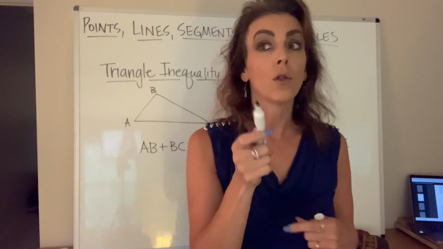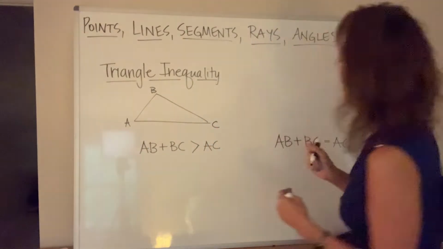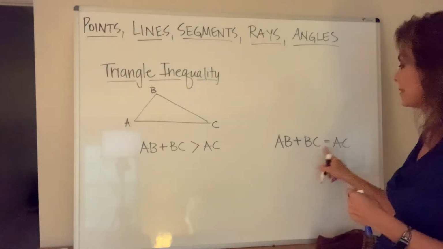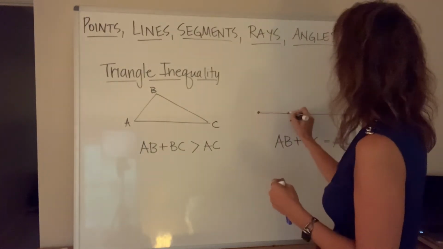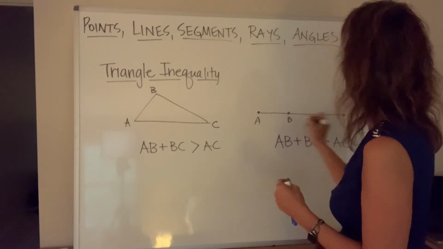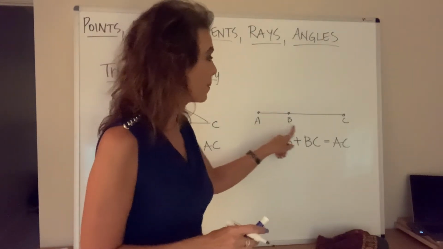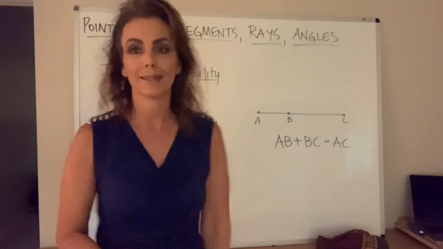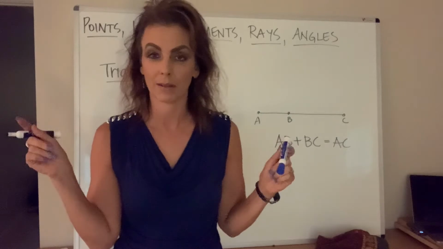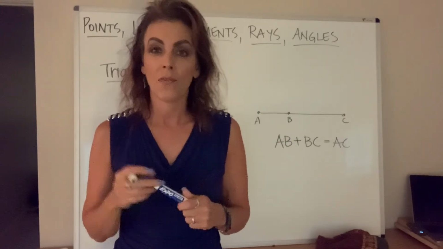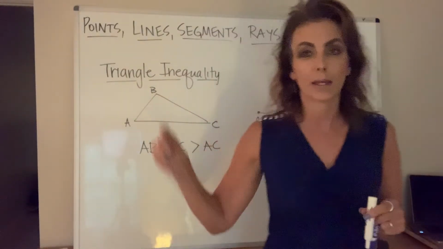Oh, let's actually look at what would be true if they were equal. Okay, all right, if AB plus BC is equal to AC, you're going to end up with something that looks like this. A, B, C, all right? If AB plus BC is equal to AC, you kind of have a segment with a point in between the endpoints. Okay, so that actually is going to lead us into our next topic,